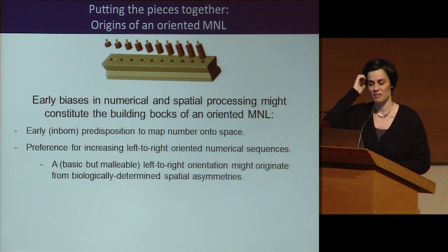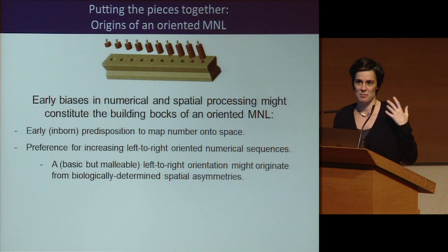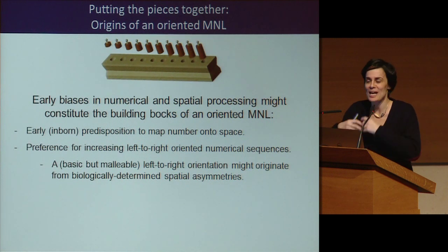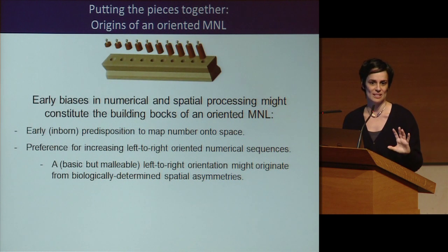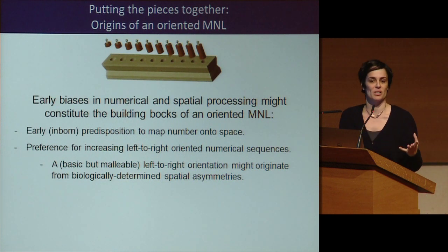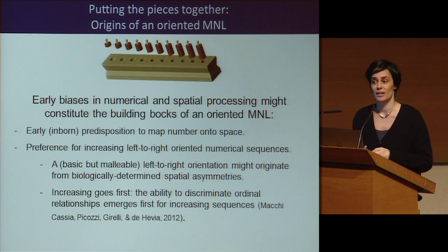And so, where does this orientation come from? It's true that there might still be some cultural effects, because these infants have had 7 months of life living in a world where the moms show the things from left to right, in a world that is organized by us in that way. I don't know, but I think that ultimately we could find the origins of this left to right orientation in biologically determined biases towards the asymmetrical exploration of space. And I think this bias might be